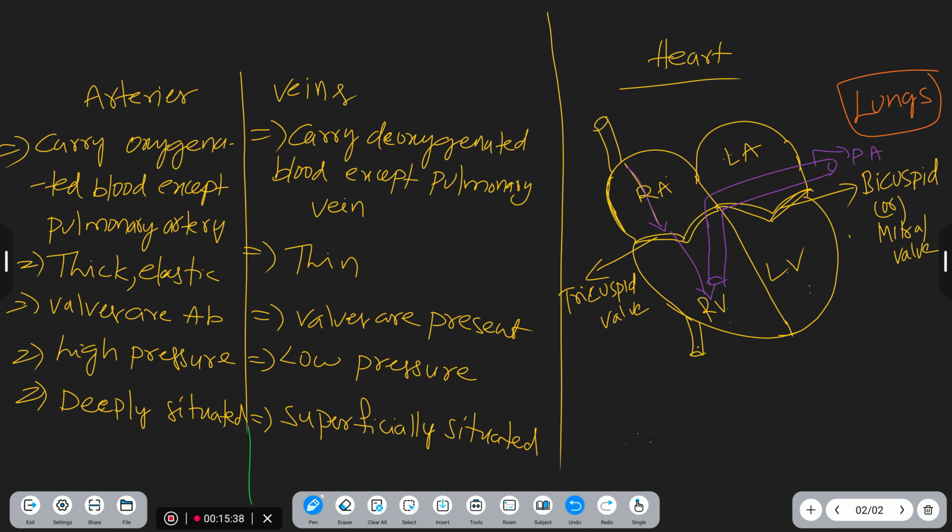So the deoxygenated blood is converted into oxygenated blood in the lungs itself. So from the lungs, the pulmonary veins take blood to the left atrium. Left atrium. Okay. So from the left atrium, it will enter through the bicuspid valve. Then left ventricle. So from the left ventricle,